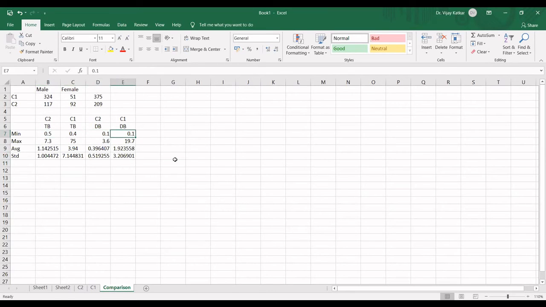So these attributes are good. They can differentiate, but can they differentiate completely? Can they differentiate it with 100% accuracy? No. Their lower ranges are similar. 0.1, 0.1, 0.4, 0.5. Means for some records, the values are different, but for some records, the values are same. So there is an overlapping. Am I right? There is an overlapping for class C1 and class C2 when it comes to total bilirubin column and DB bilirubin column.